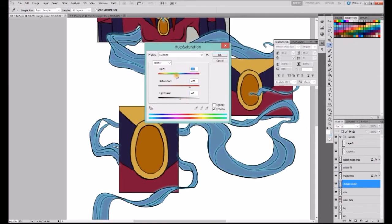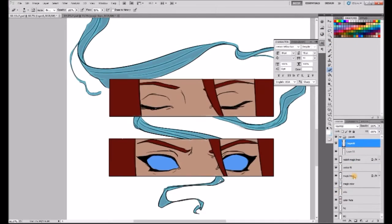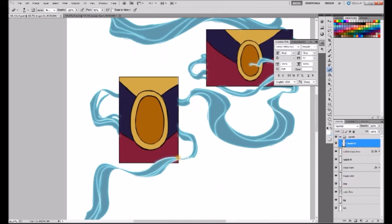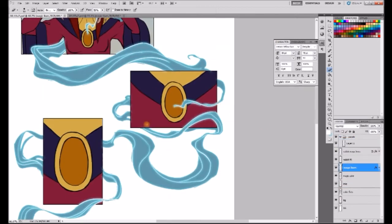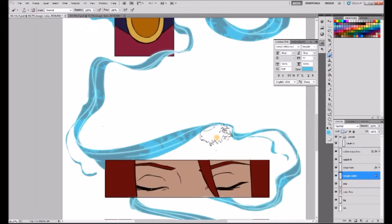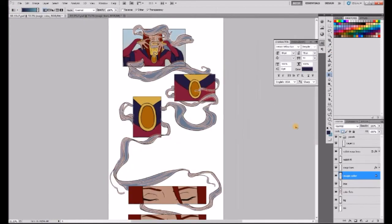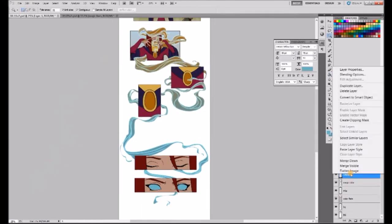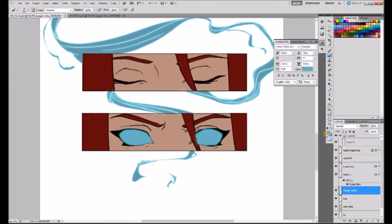And then I added the same layer style to the watery smoky magic, and all of a sudden it looked awesome. I was like, whoa, hey, this is looking pretty good. I was not convinced up until this point that this watery smoky stuff was working. Since this is my first time doing it, I did not know what to do with it. The color gradient, splotches. Should it really look like water, or should it be more like shimmery and sparkly like magic? Like I do not know. And the same thing with her eyes. I wasn't sure